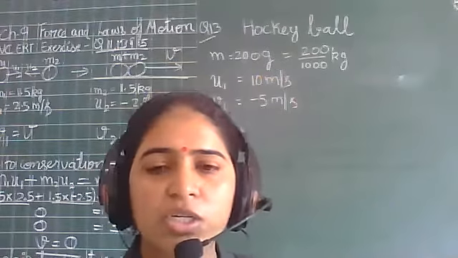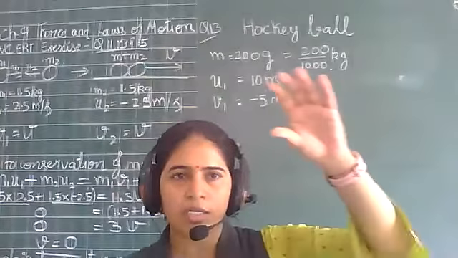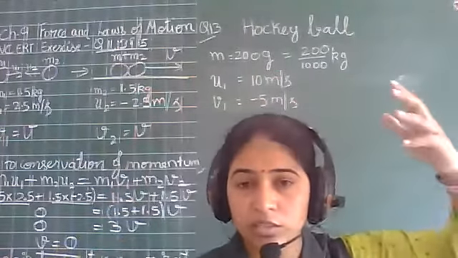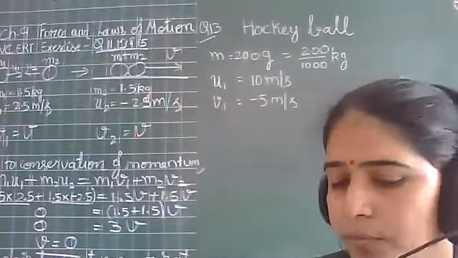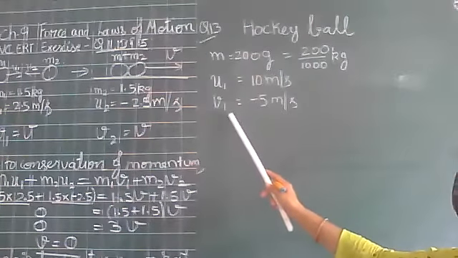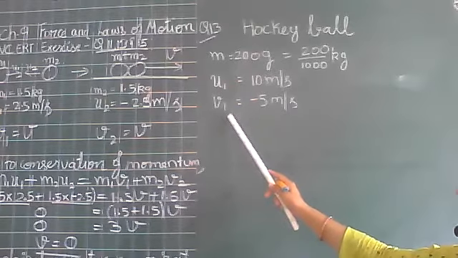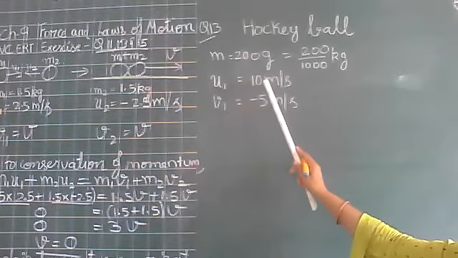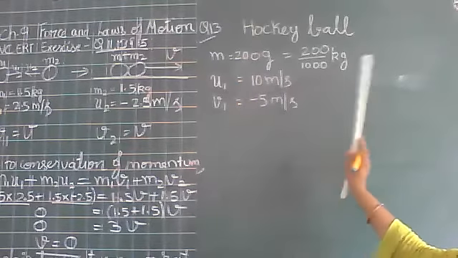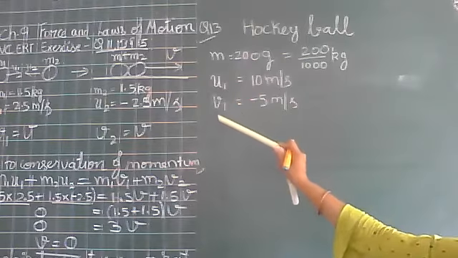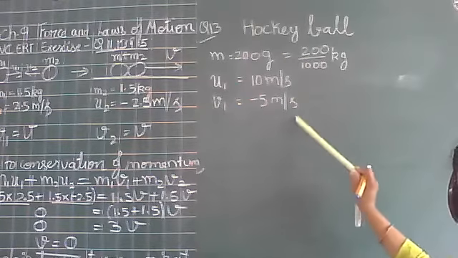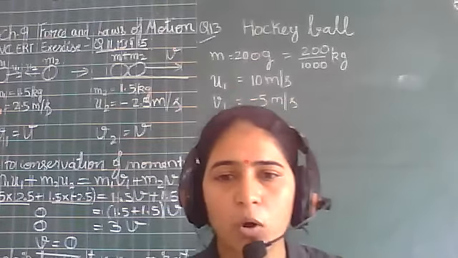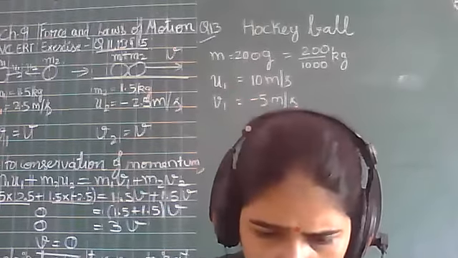So as the direction is opposite, the ball comes from here, this hockey stick hits the ball and then it is moving in the opposite direction, right? It is returning back. So here the final velocity V after the ball has been hit by a hockey stick is minus 5 meter per second. And initially the hockey ball is moving with 10 meter per second. After this hockey ball is struck, what happens? Its velocity becomes minus 5 meter per second. Your minus shows that the ball has started moving in the opposite direction. Is this much clear?